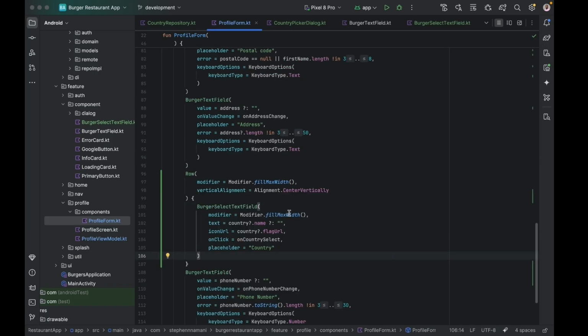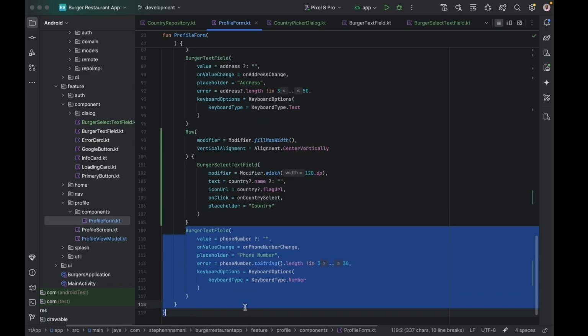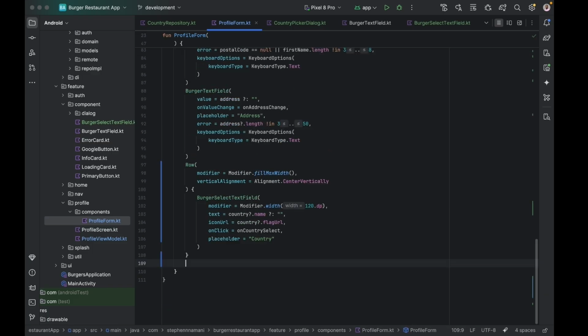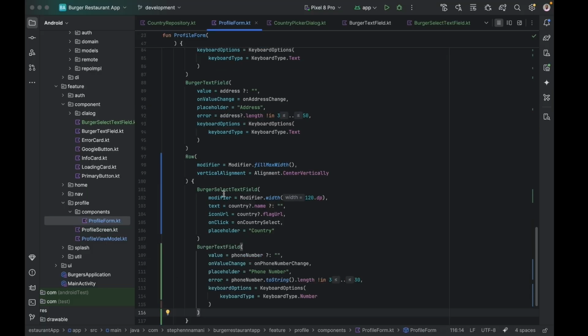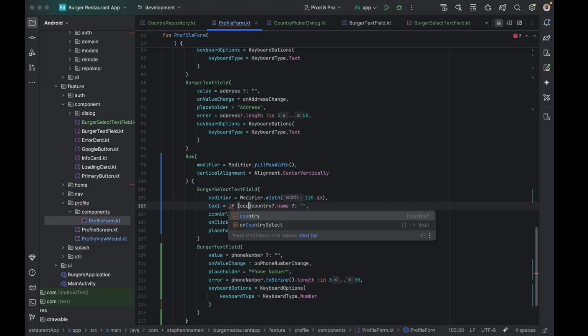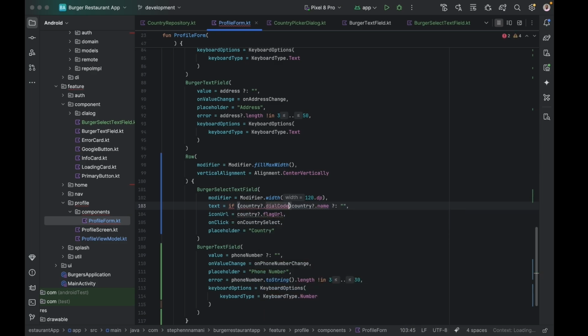But here it's not going to fill the entire width, so we're going to set a width to that, and that width is going to be just 120.dp, because now it's sharing the parent width with this other text field for the phone number. So we can cut that out and place that under here. So now we have this, we need to set it up right. This one is going to say, if country.dialCode like this is not null, then we should return,